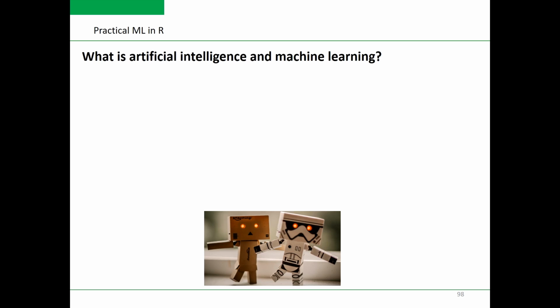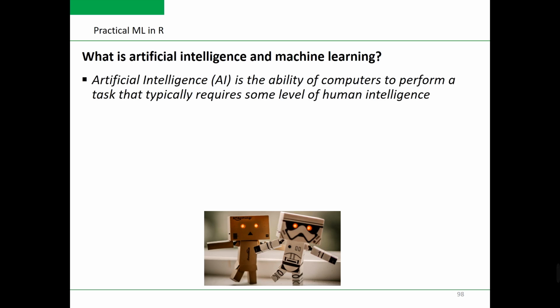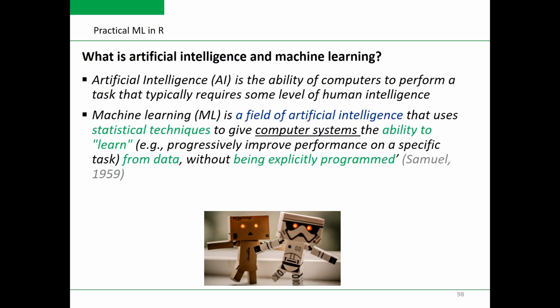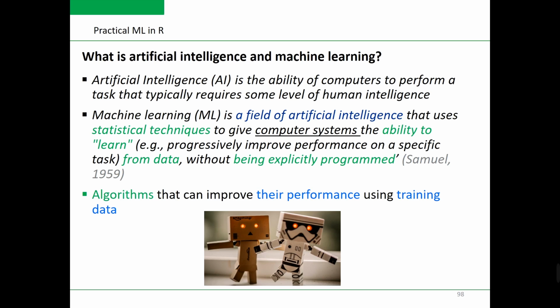Broadly speaking, artificial intelligence is the ability of computers to perform a task that typically requires some level of human intelligence. Machine learning is one of the types of engines that makes this possible. It uses data-driven algorithms to learn from the data to give you the answers that you need. In other words, it's software that writes software. Instead of applying a pre-built function, machine learning gains experience through repeated seen conditions and builds a model to apply